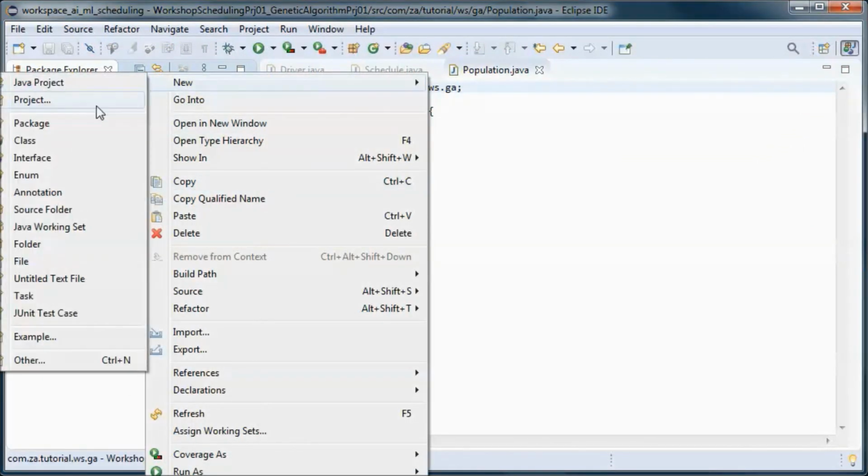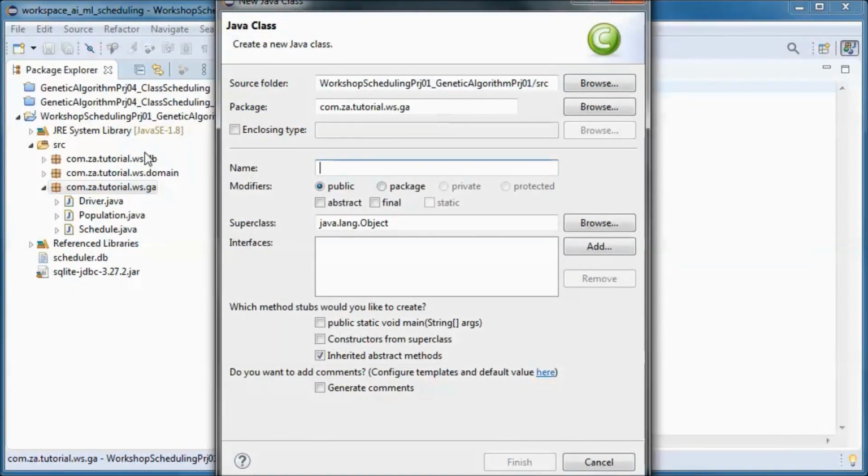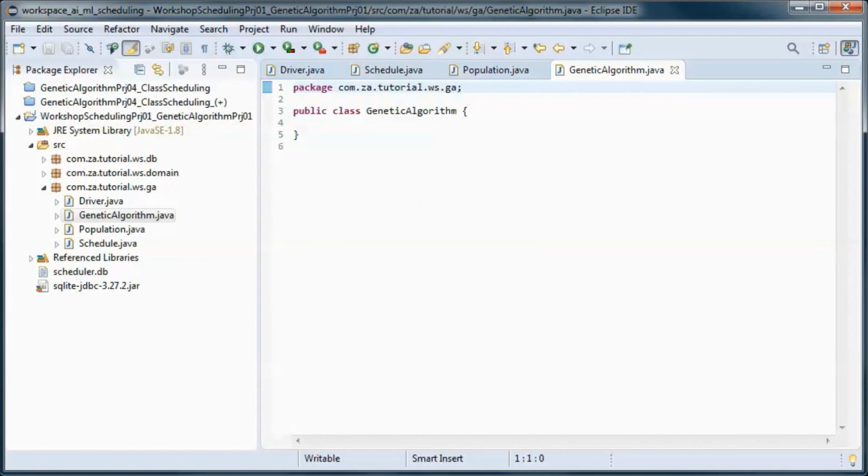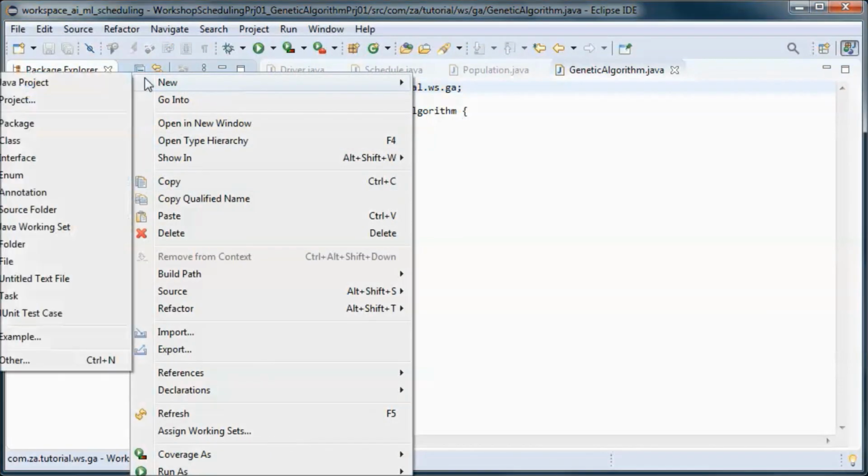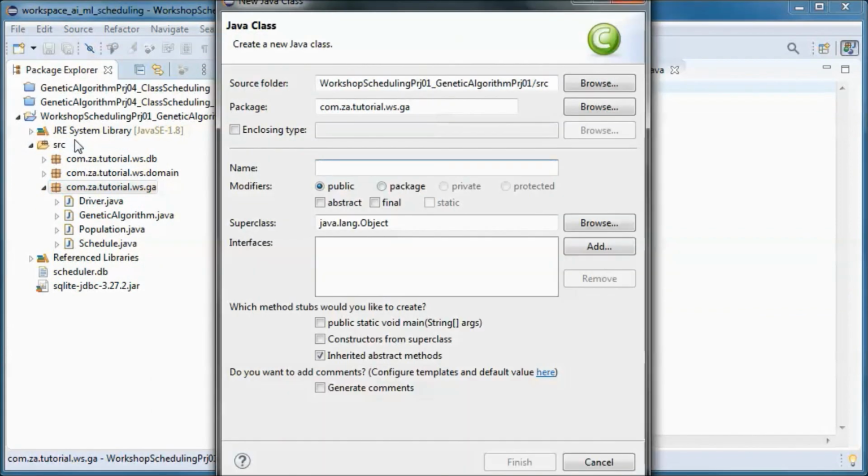And this will contain the genetic algorithm logic, including crossover, mutation, elitism, and this class will represent a conflict,